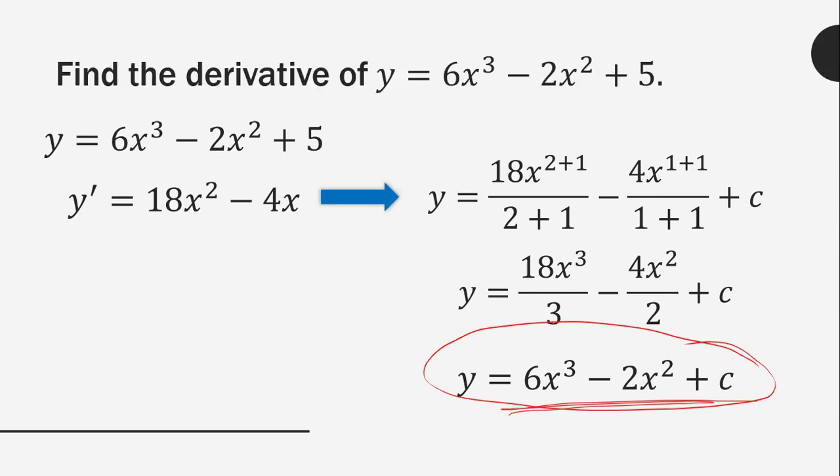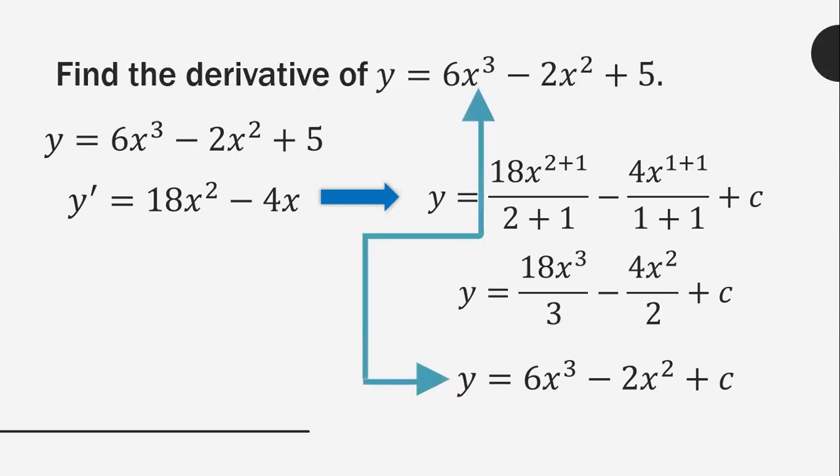These particular examples with the presence of c are what we refer to as an indefinite integral. But when we get the exact value of that constant, for example, that value is 5, then that becomes a definite integral. So when we reach lesson number 6, then we will know how to find this exact value. And so it's the same with the original derivative.